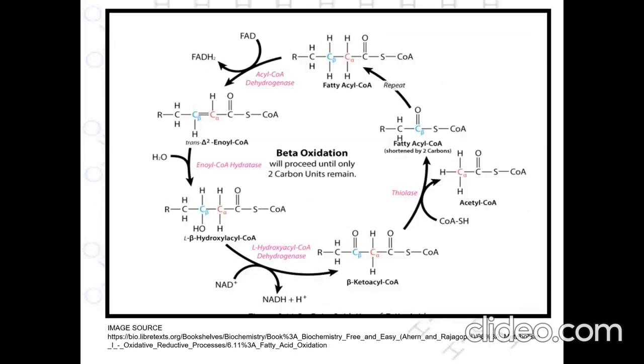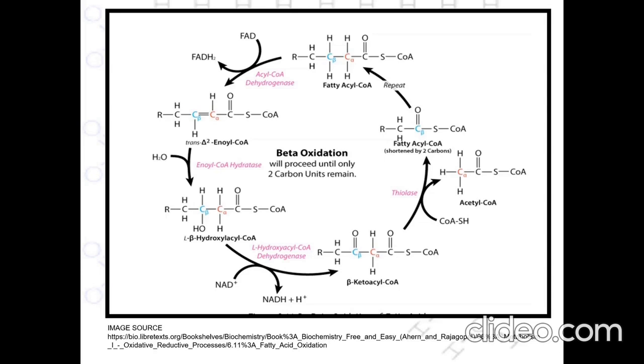So this is the beta oxidation flow chart where the fatty acyl CoA is converted into fatty acyl CoA with 2 carbons less. The coenzyme A is removed with the help of the enzyme thiolase, and then it is converted into beta ketoacyl CoA, and then into beta hydroxyacyl CoA with the help of a dehydrogenase enzyme. Wherever a dehydrogenase enzyme is involved, NADH plays a major role as coenzyme. Therefore, all these NADHs subsequently enter the ETC to produce ATP.